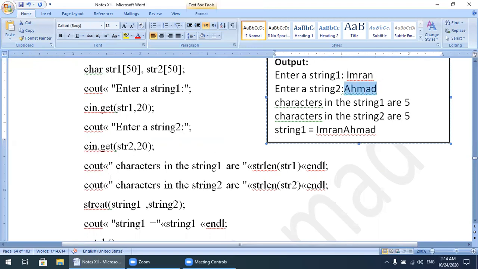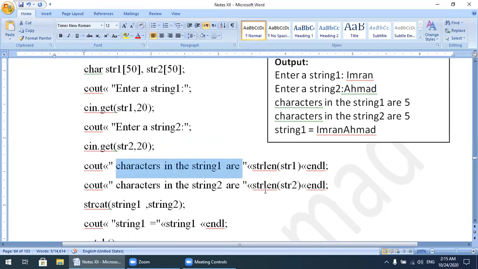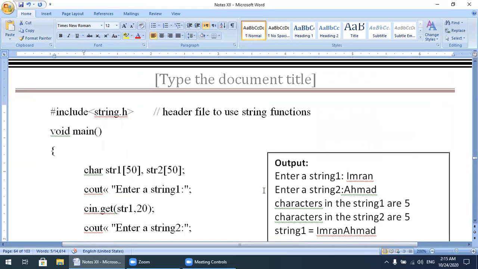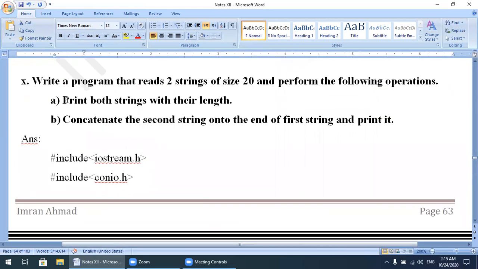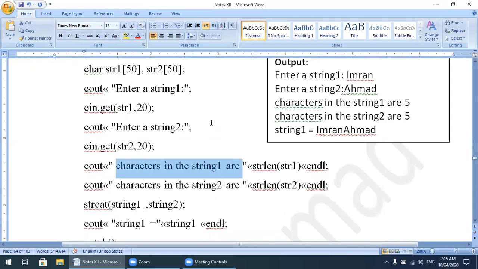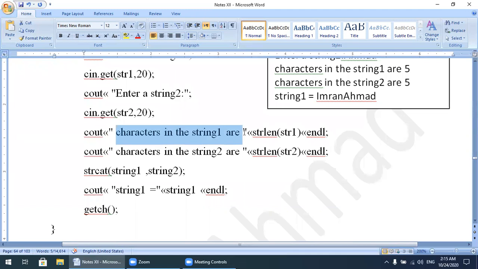Next, cout character in the string 1 are. Watch here, the program says first of all print both strings with their length. So both strings we will display with the length, using the strlen function and str1.